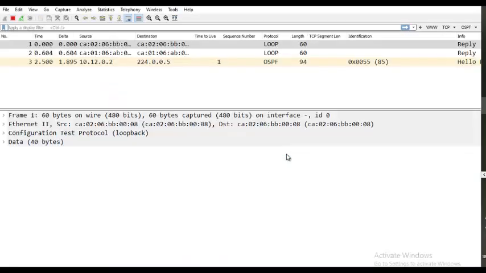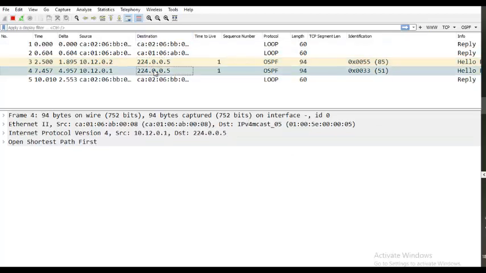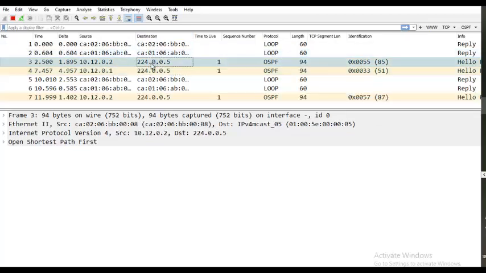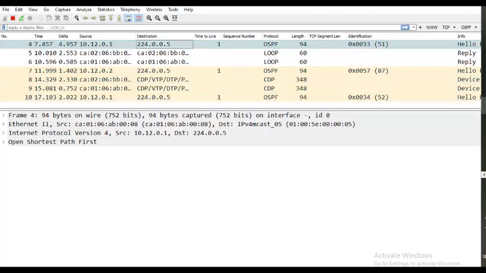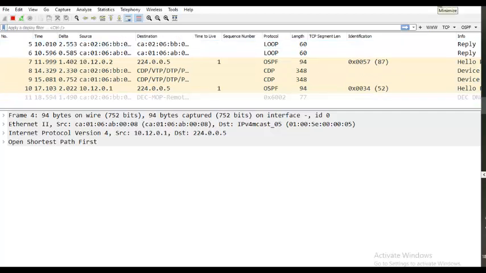Now in the capture, you see OSPF hello packets going every 10 seconds. OSPF hello is going every 10 seconds. Okay, now what I'm going to do is